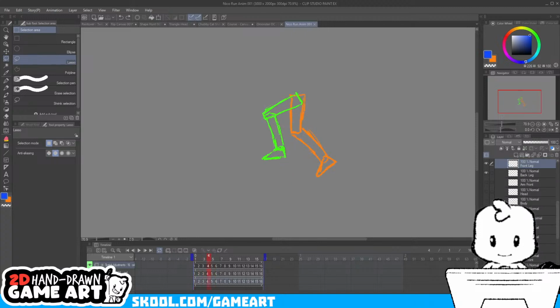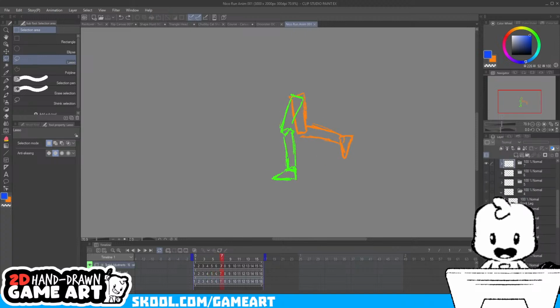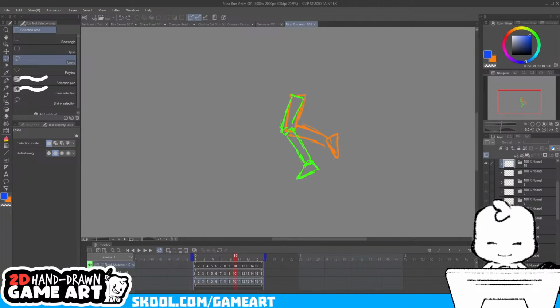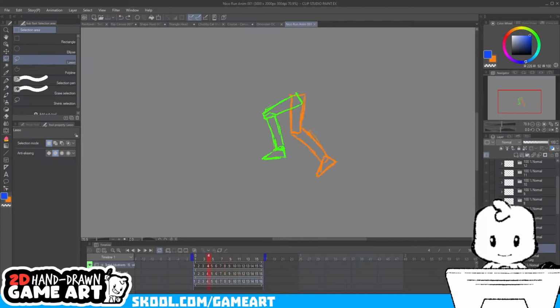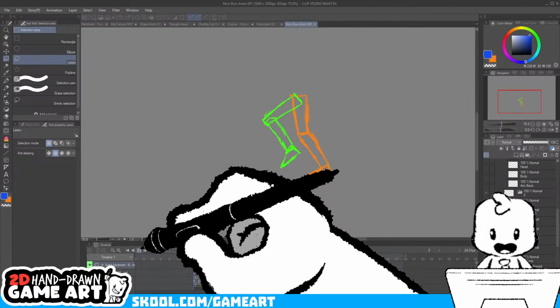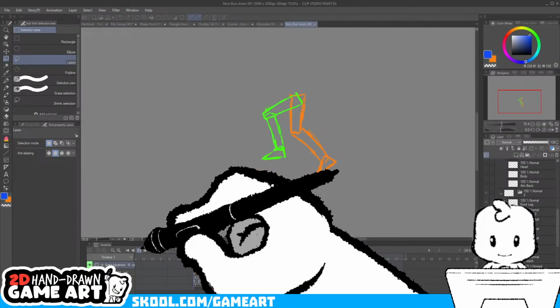I like these frames. This frame here is a little iffy to me, but we're gonna keep going. This one might be okay. This one might be okay. This, let's get a feel for it again. So this run is already feeling better to me. Well, the back leg is.